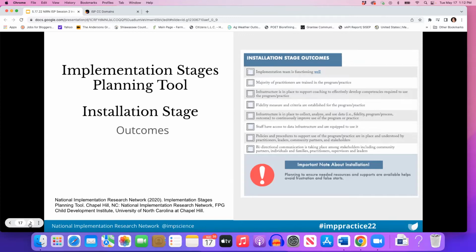We want to make sure that those that are implementing the practice are well trained and are set up to be coached, right? So we've not just built the system of coaching, but we've prepared them for a culture of coaching. We've prepared them to understand that coaching is an area of support. It's a partnership activity. We've been very thoughtful about our data in installation, looking not just at outcome data, but how are we looking at process data, implementation data, fidelity data, and not just how are we going to collect it, but how are we going to use it?